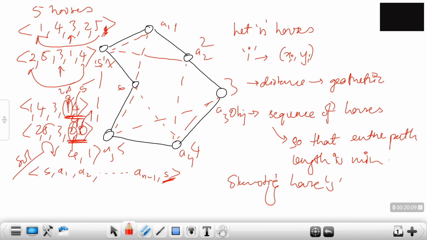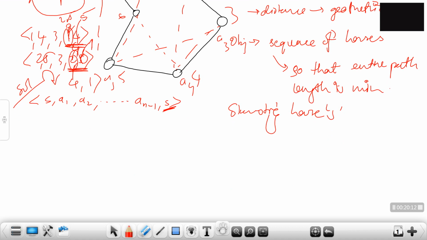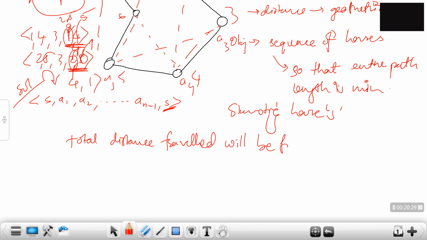Now here we also have to talk about the fitness value. What is the fitness function in this case for your traveling salesman? The total distance that is traveled will be the fitness function. It will check how much distance has been traveled. The path traced by the salesman would be whatever the path is. The fitness function of this problem will be the sum of the geometric distances between the set of points.